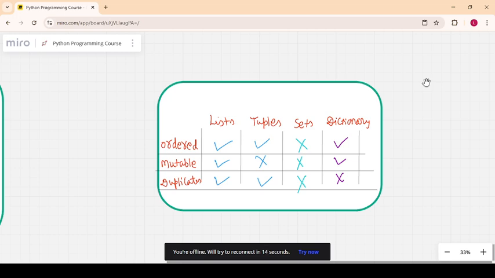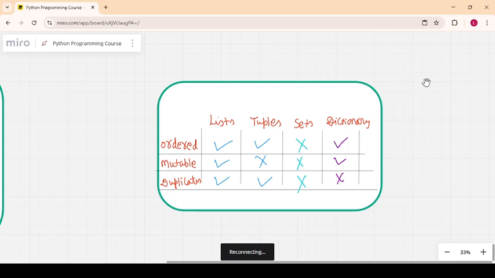The third property is whether duplicates are allowed. In a list, we can have duplicate items. Similarly, in tuples, we can do it. But in sets, we do not allow it. Sets only have unique items. And in a dictionary, there are no duplicate keys.